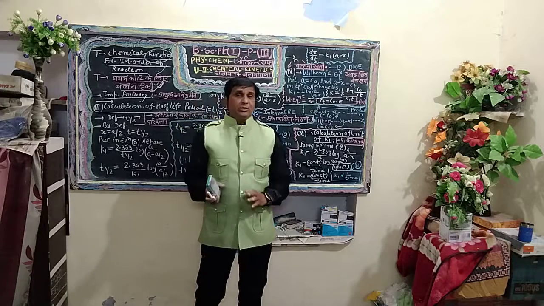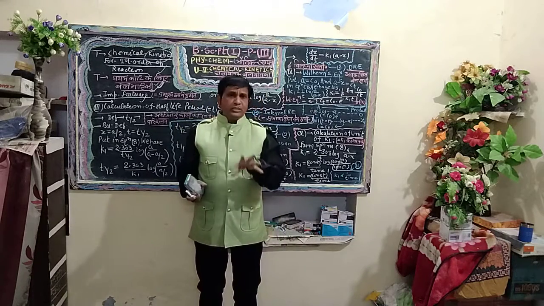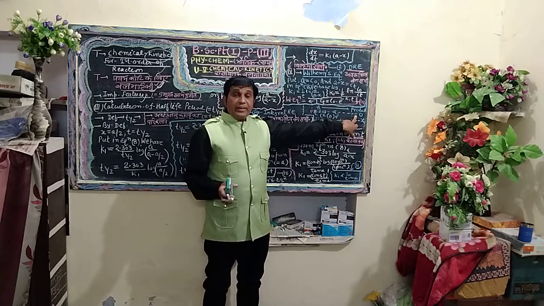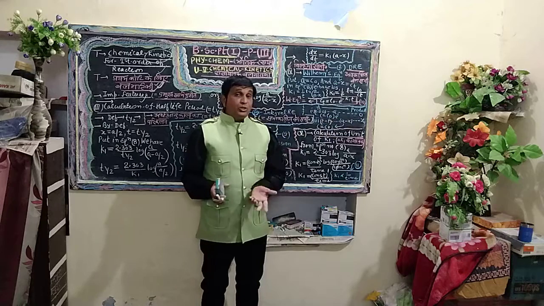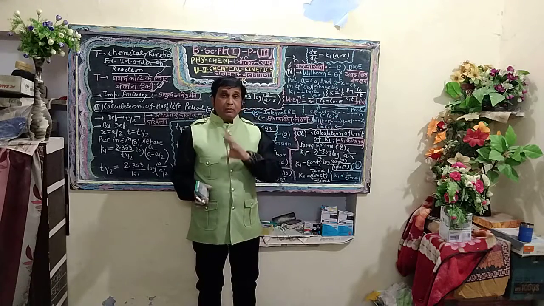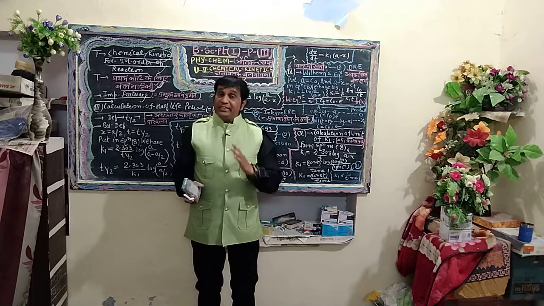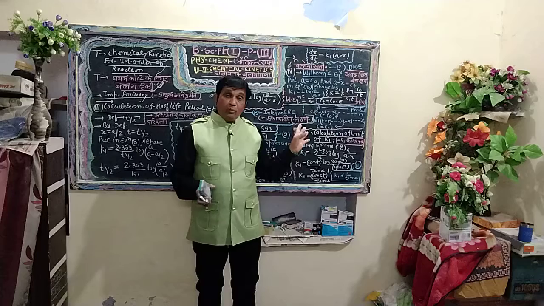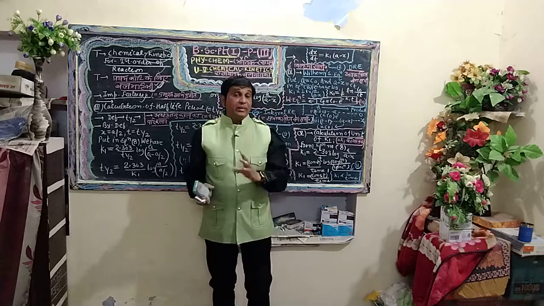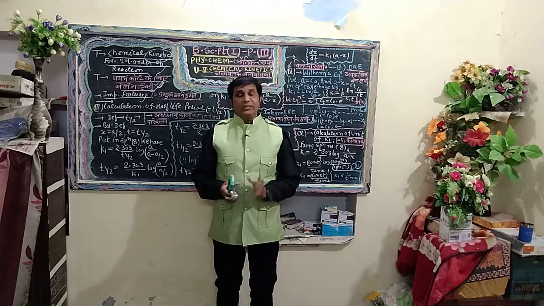Since at t equals 0 we take the initial concentration of A, students, it is very clear that the concentration of product will be expressed as 0. After t equals t timing, suppose x mole of A has dissociated to produce x mole per liter of product at t equals t timing.